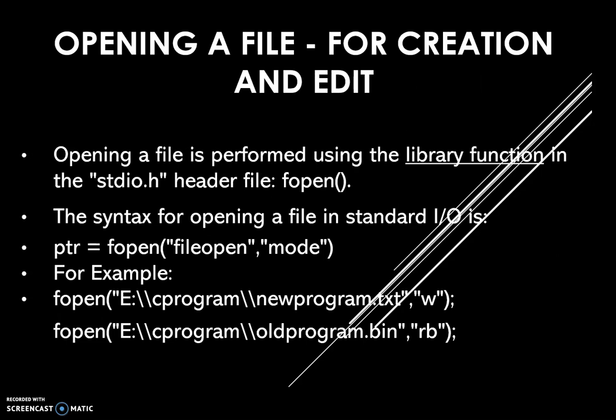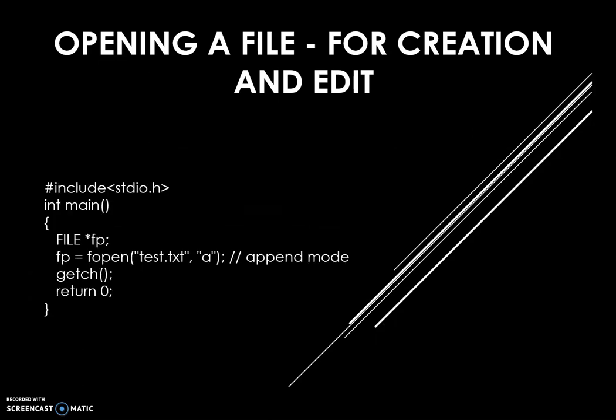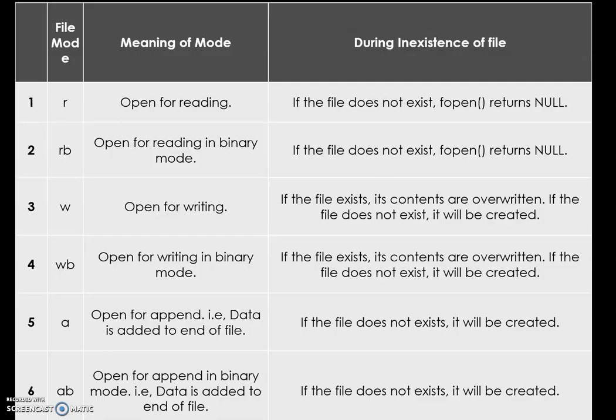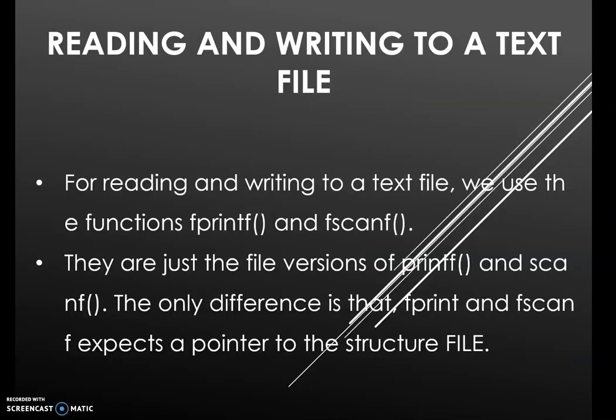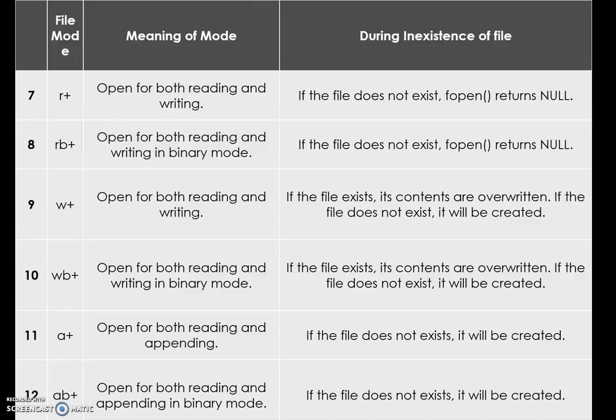We discussed opening a file, how to open the file, and also we performed two programs. One was simply to open the file, and in one more program we saw how, if something is written in the file, we can print that on the console. That we also discussed, and also we went through all the different file modes we have.